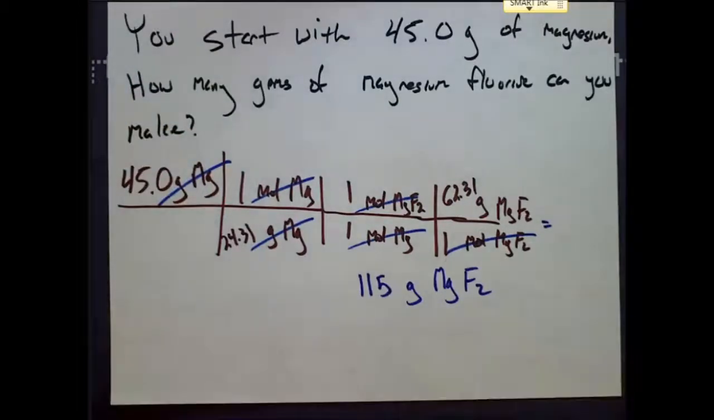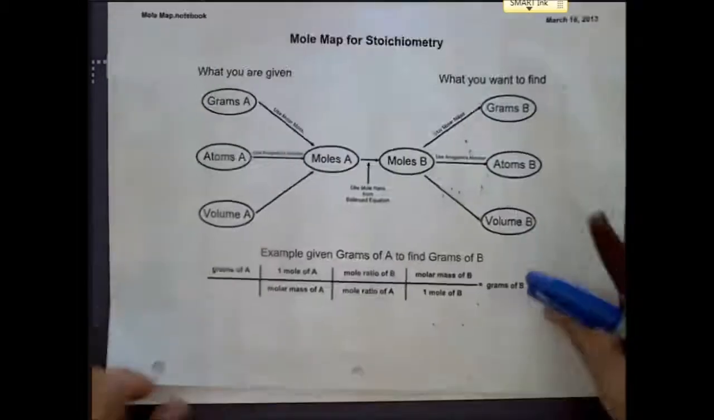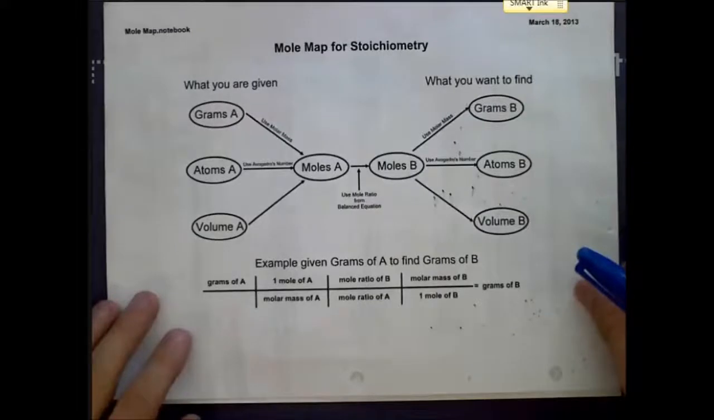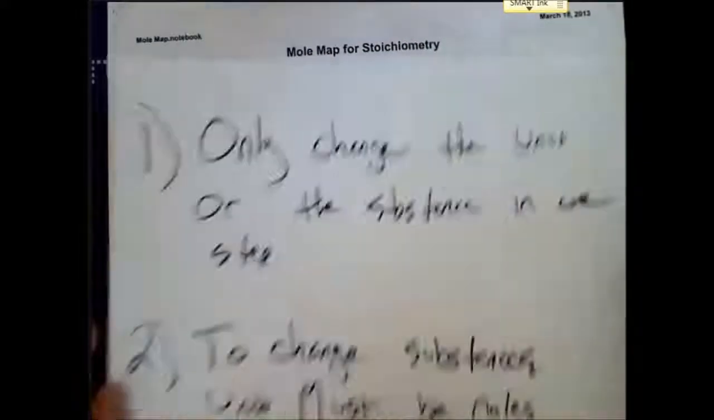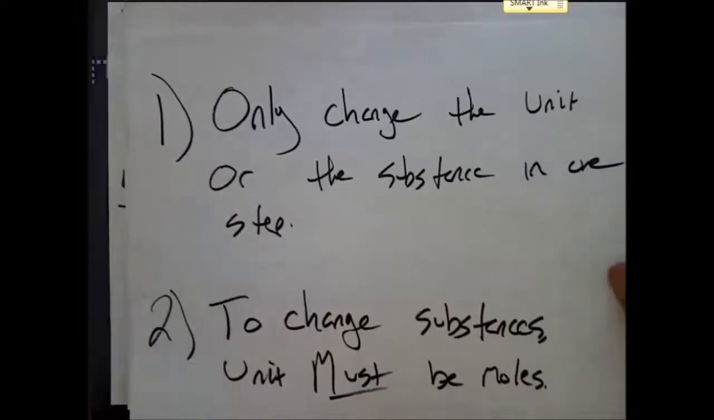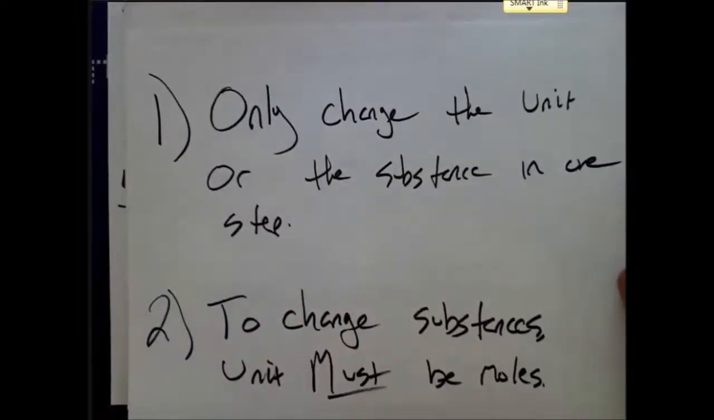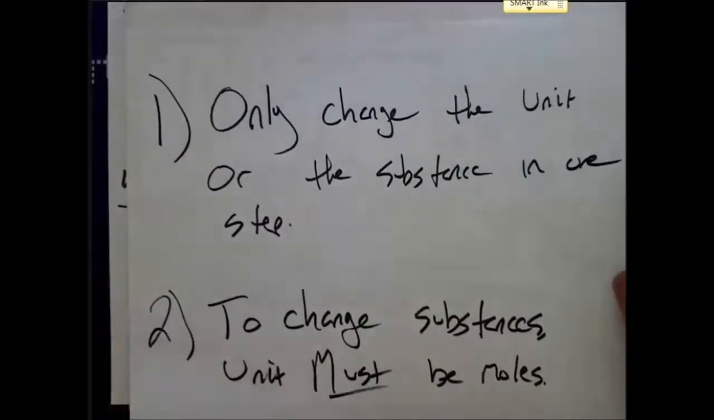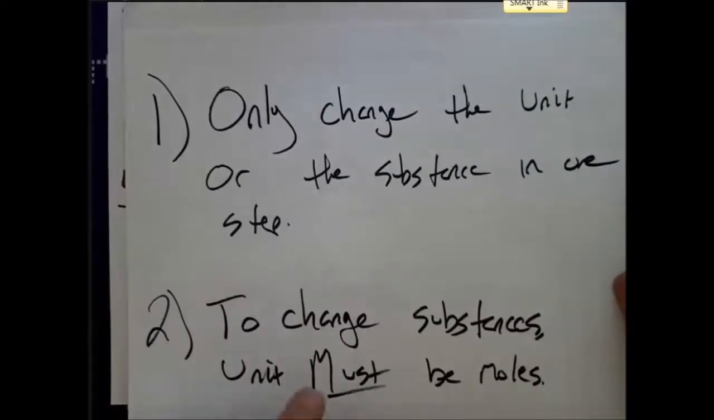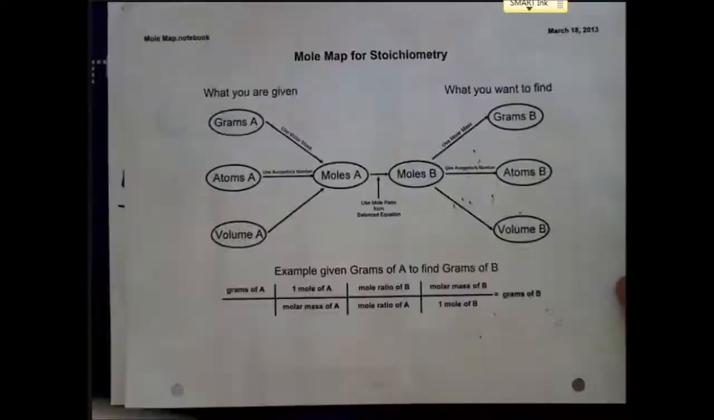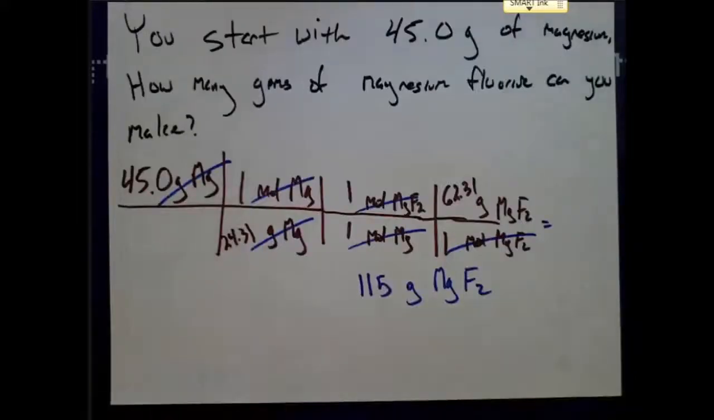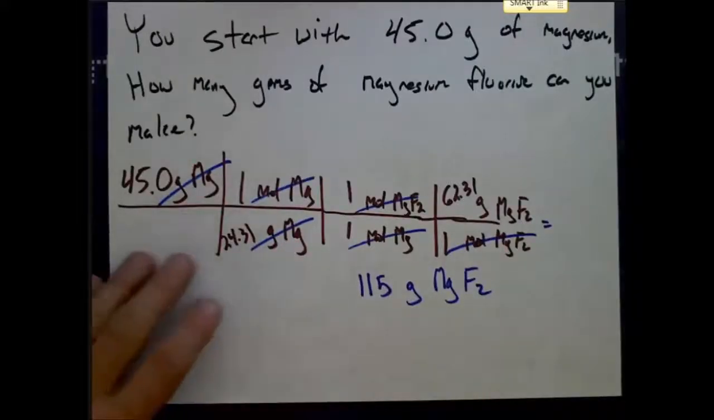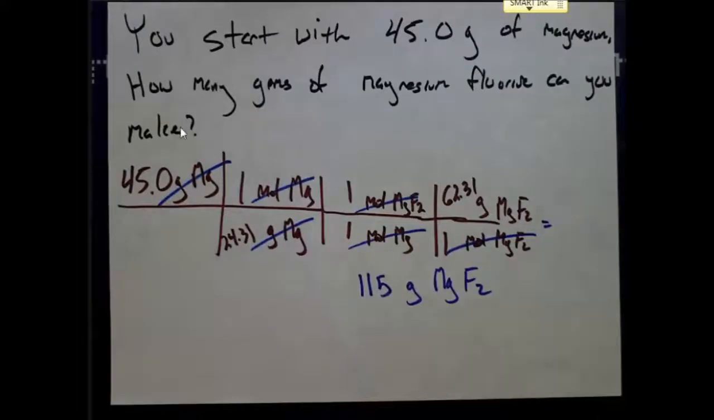So, things that you are going to need to remember. Your mole map. This is going to show you how to do every single problem on this unit. Using your mole map, you may only change the unit or the substance in a single step. Only the unit or the substance. And if you're going to change the substance, the unit must be moles. Remembering those 2 steps, remembering to use your mole map until you've memorized it, is going to help you do all of these kinds of conversions much, much easier. And with that,